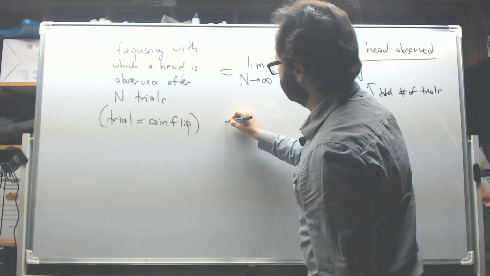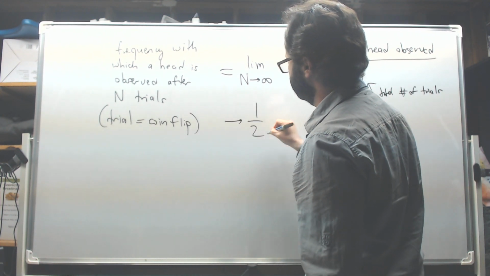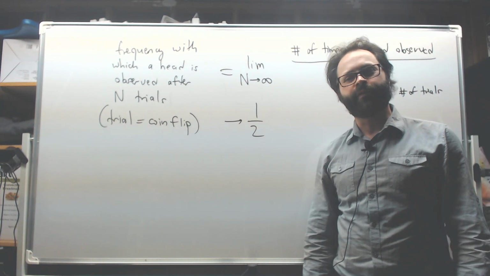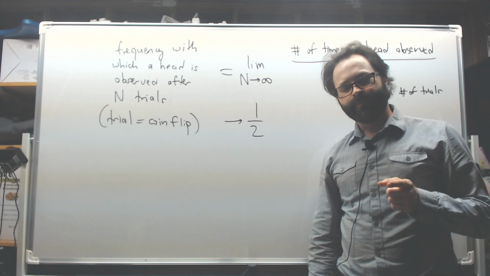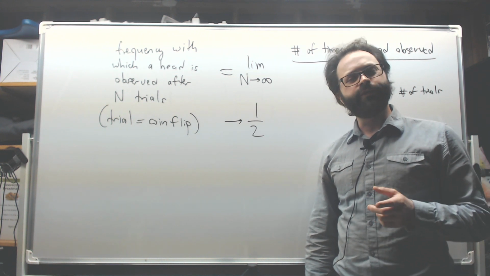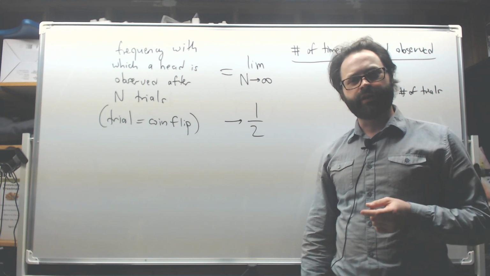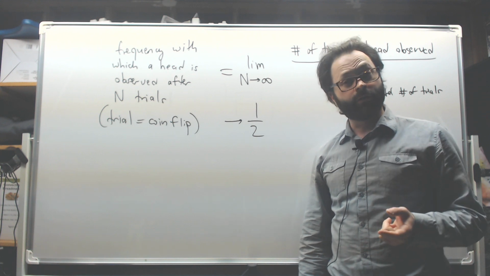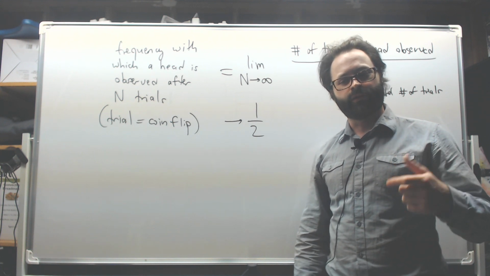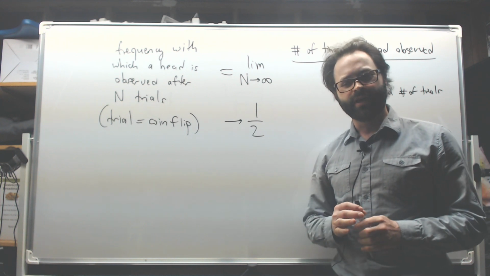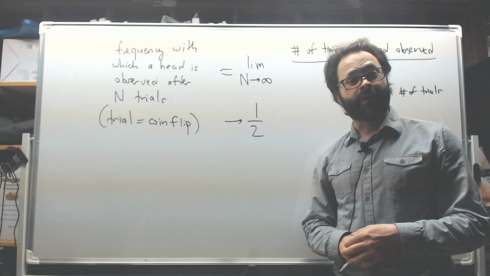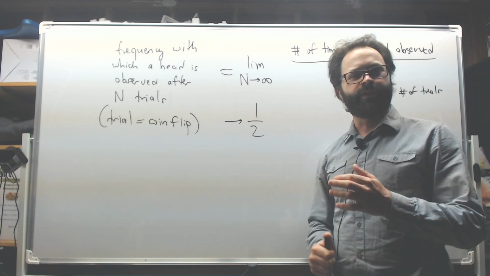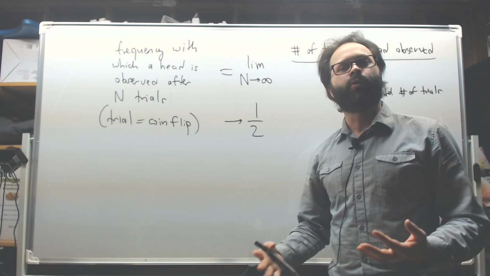And we believe that this number approaches 1/2. That is to say, 50% of the time you expect to get a head, and 50% of the time you expect to get a tail. Now, if n was something like 10, or even if n was something like 100, do you necessarily expect to find half of them, of the outcome being tails, half of the outcome being heads? No, not necessarily. In a series of trials of 10 throws, you might in fact find 3 heads and 7 tails. Another time you repeat the 10 trials, maybe you'll find 4 and 6. Maybe sometimes you'll find 5 and 5. 1 and 9 every once in a great while.